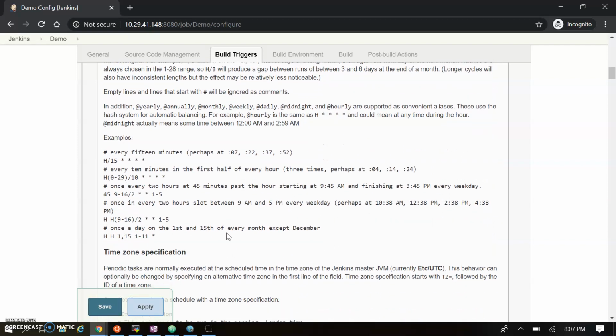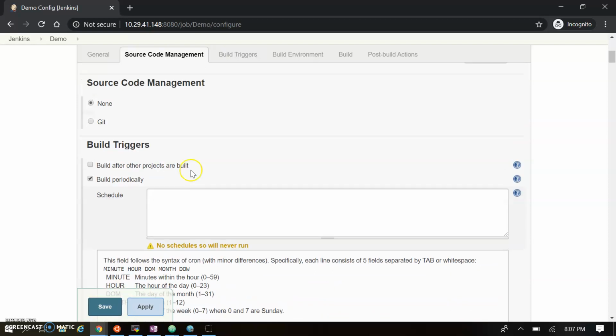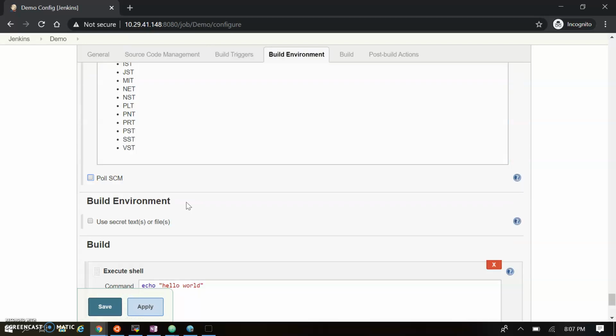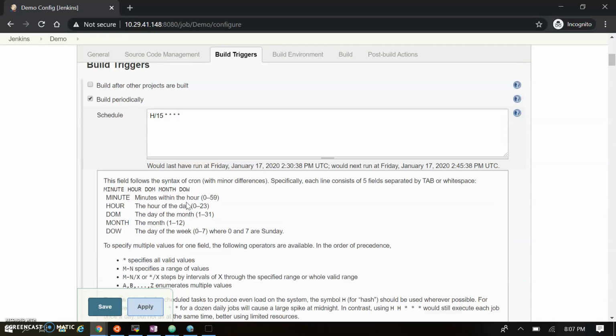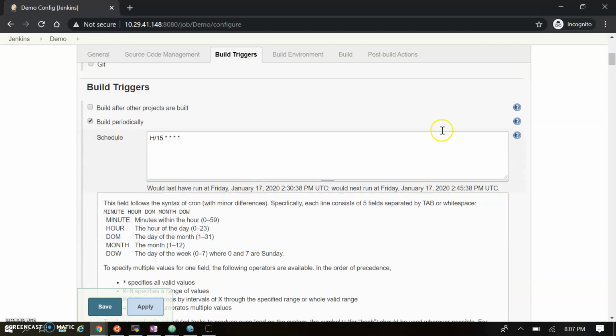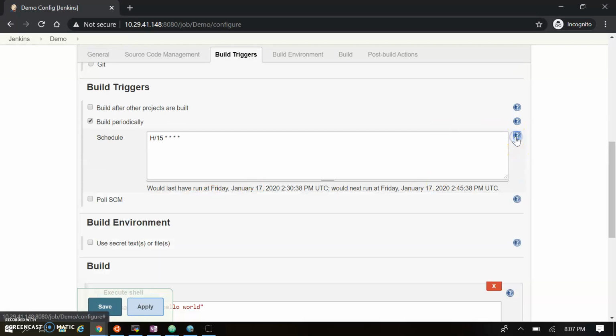Basically, if I want to run every 15 minutes, you can use this format. It's mentioned here, every 15 minutes we run this job. So let me copy this here. Once you move away from the field, it will give a suggestion over here. Let me close this help. So the suggestion says it will run in the next 15 minutes. It's at 2:30, it will run at 2:45. So it's after 15 minutes.